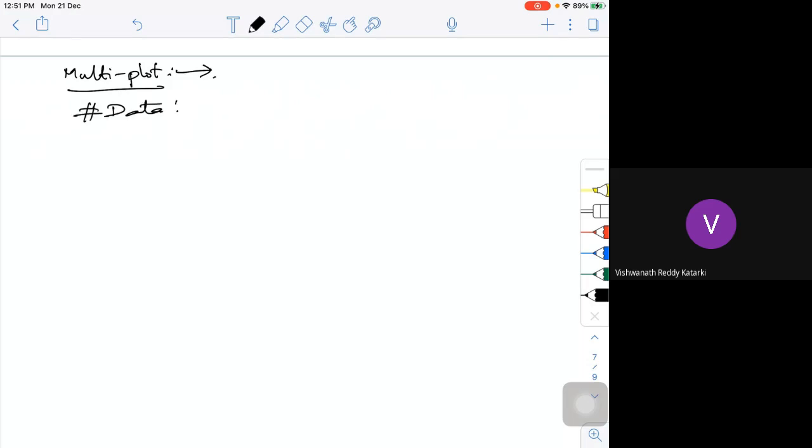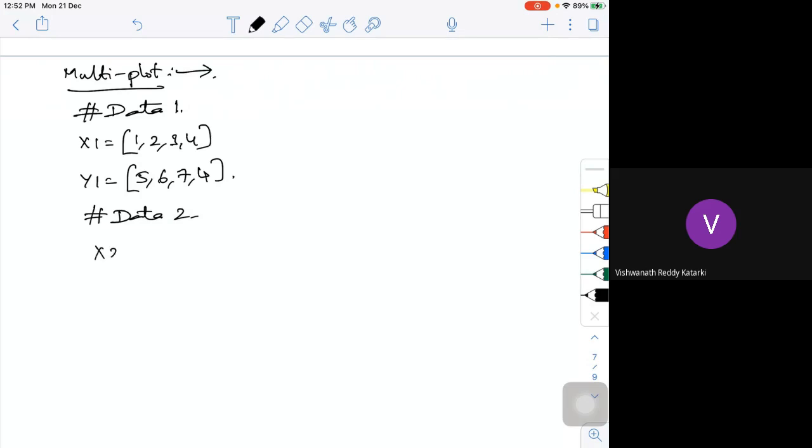So I define x1 equal to 1, 2, 3, 4, y1 equal to 5, 6, 7, 4, something like that. This is data 1. Similarly, I can have data 2, where x2 is equal to 4, 6, 8, 5, and y2 is equal to 7, 2, 8, 5.